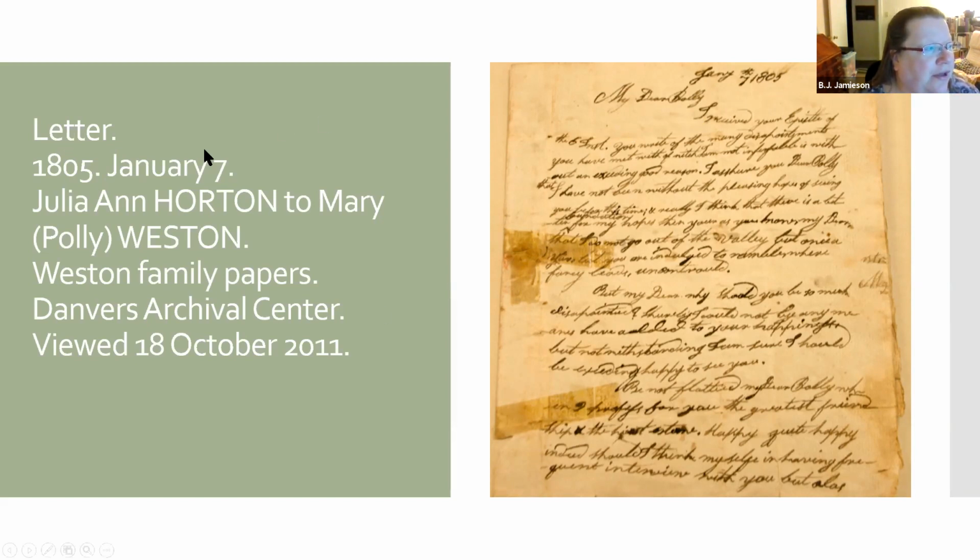And again, I put the year and then the date, because that helps sort these so that all of the 1805 ones would be together in a source list. I put the person the letter is from and who it's to. This is in a sub-collection that's just called the Weston Family Papers. It's at the Danvers Archival Center in Danvers, Massachusetts. I probably should put Danvers, Mass. here. I have so many citations from them that